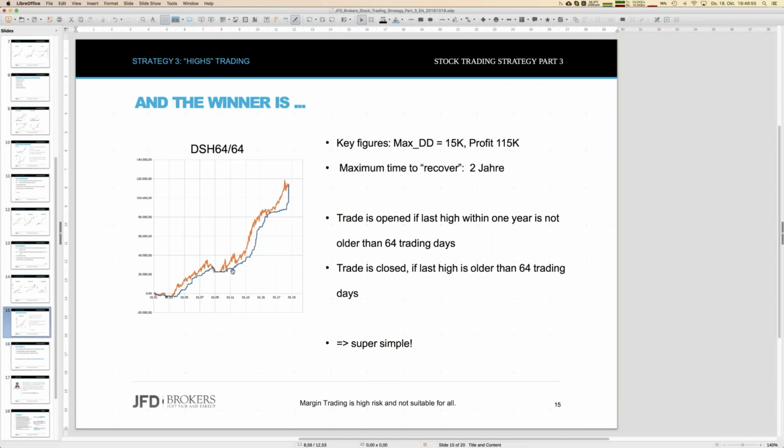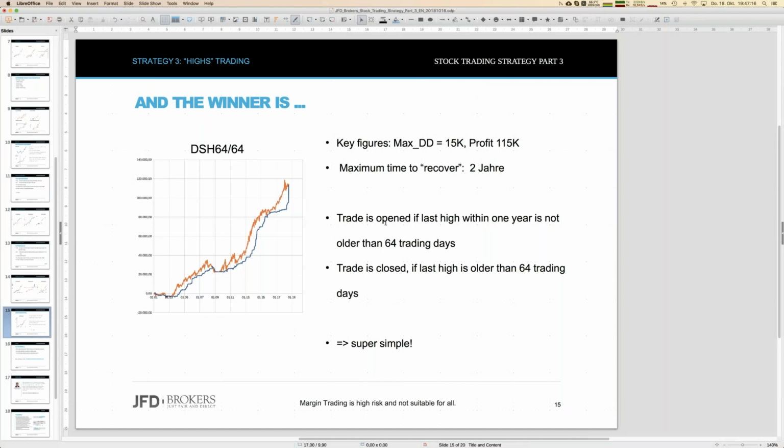And also for the remaining time, we have a constant increase within that strategy. Just looking at the balance of that strategy is even better. Of course, looking at the balance is always better than looking at the real equity. Then the drawdown is even below 10. It's about 7 to 8 thousand euros. So that's quite good.